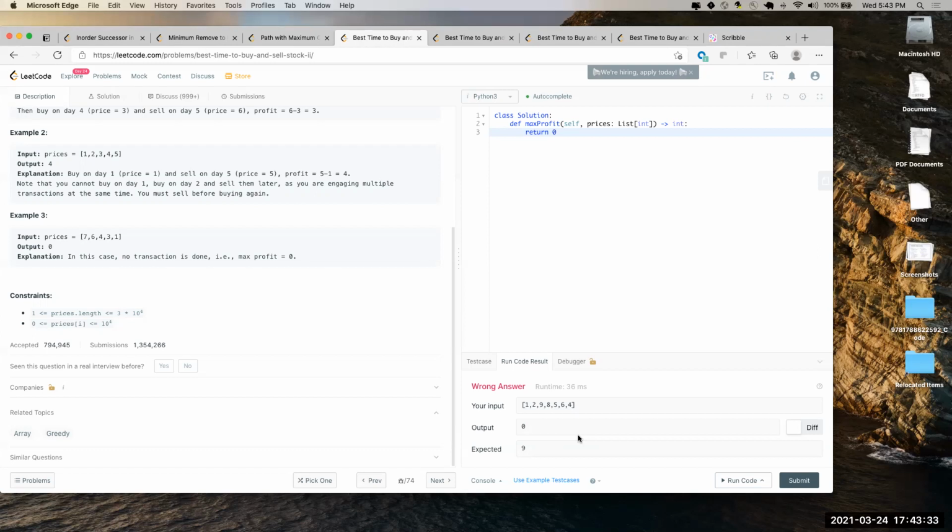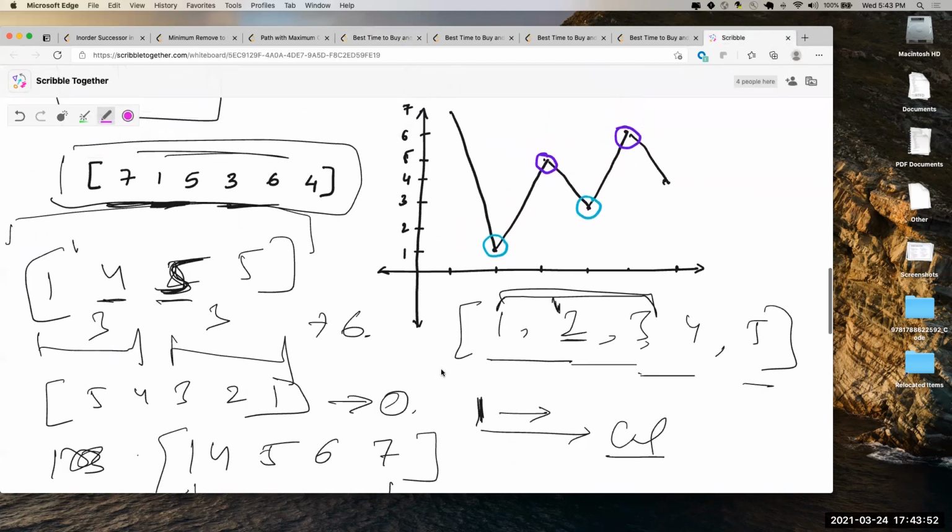But this is only one transaction. You don't have multiple transactions here. Hear me out. He's saying those are all the possible transactions. Which of those possible transactions result in the maximum profit? Right. So 1 and 6 gave me something. I'll go to the next one, 5. Ignore 5. It is just giving me 1. So let's say I take that one too. So 5 and 6 is another pair. And now I go to 3, and 3 and 6 is another pair. Oh, I have started to pick only at 1. Yeah, one is done, right? I know 1 and 6 is one pair, 5 and 6 is another pair, and 3 and 6 is another pair, correct?